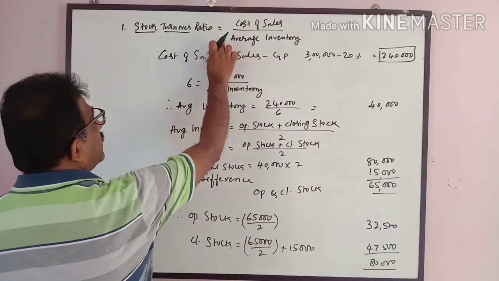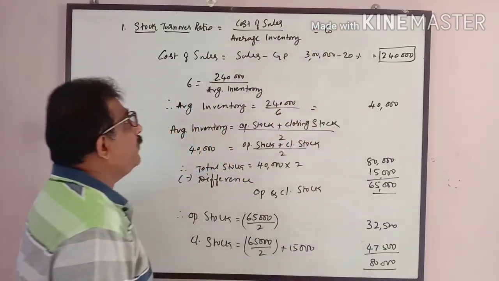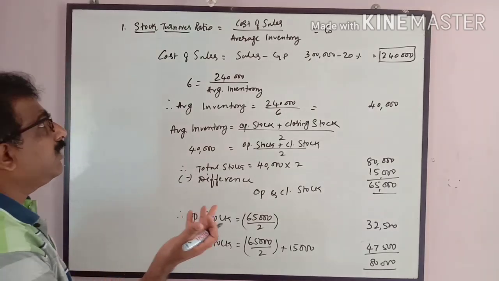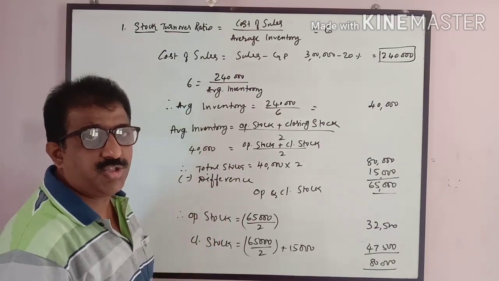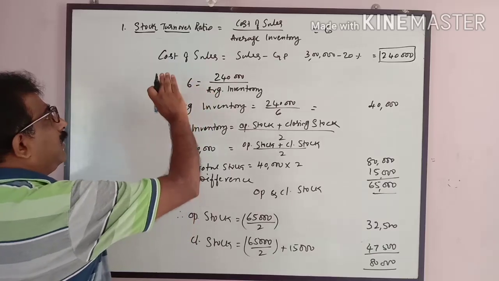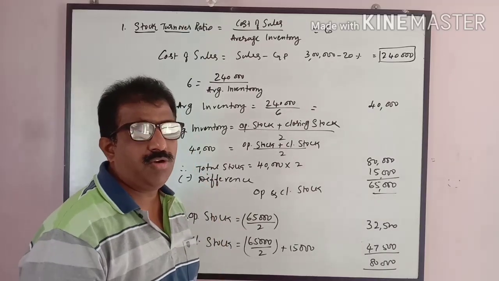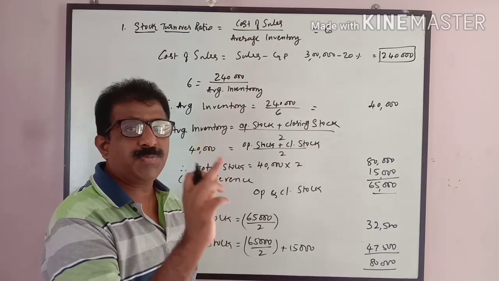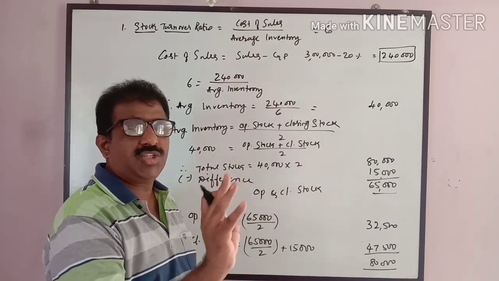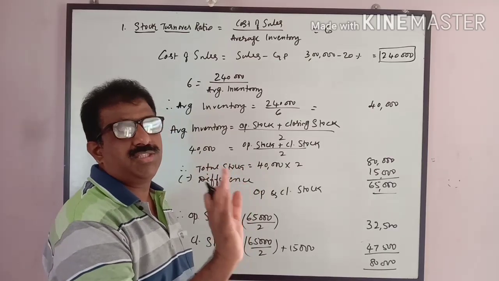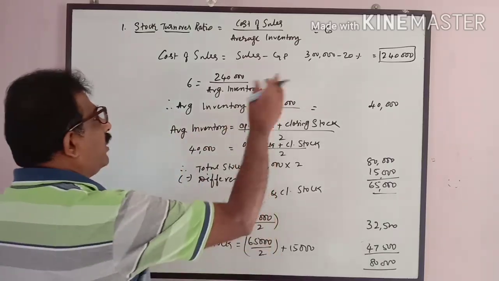To find this, the stock turnover ratio is given as 6 in the problem. But we don't have the cost of sales and we don't have the inventory information. Of course we can find it out because the gross profit ratio is given. So we can find cost of sales with the help of the gross profit ratio and the sales. There are two methods to find the cost of sales. One is opening stock plus purchases plus direct expenses minus closing stock. Here we don't know the opening stock, the closing stock, or the purchases. So the other method is sales minus GP, which is equivalent to cost of sales.